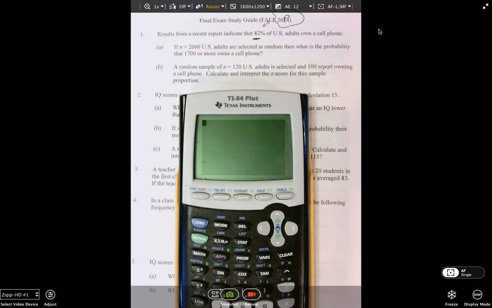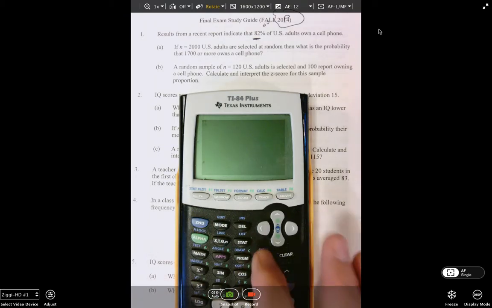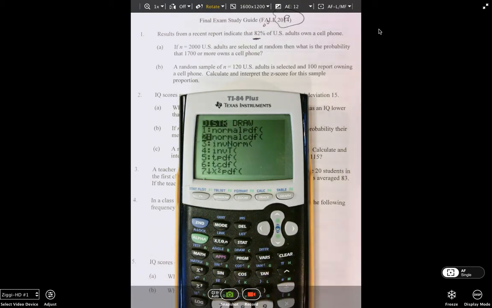So 1A says if 2,000 U.S. adults are selected at random, then what's the probability that 1,700 or more own a cell phone? So guys, we should know by this stage of the game that we're going to go to normal CDF to work this problem. So we'll choose